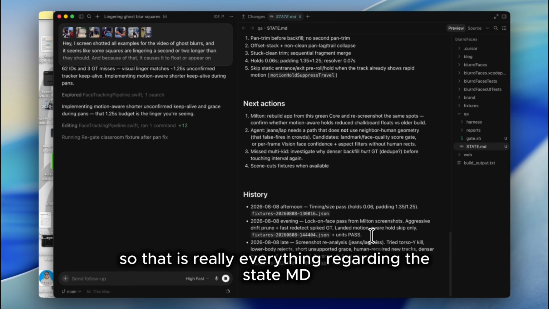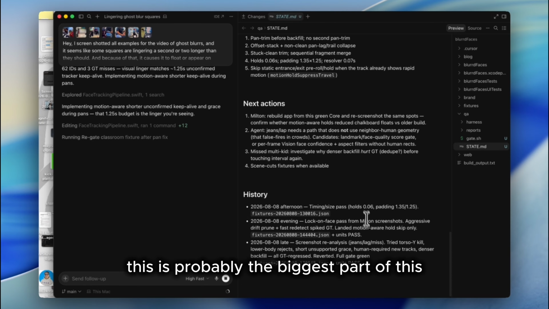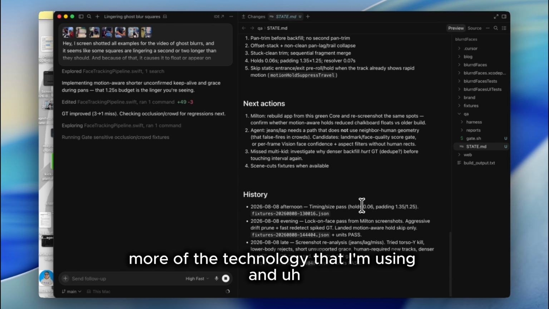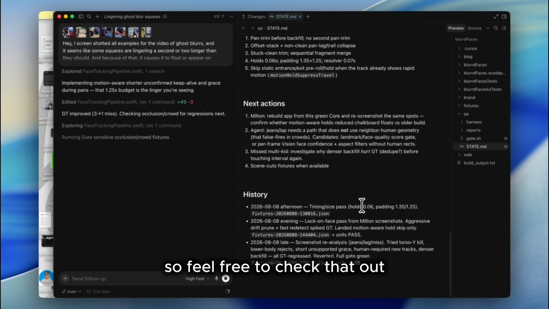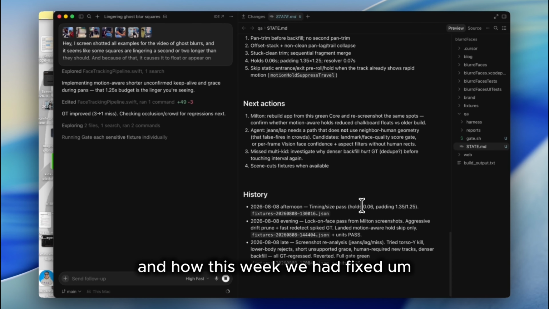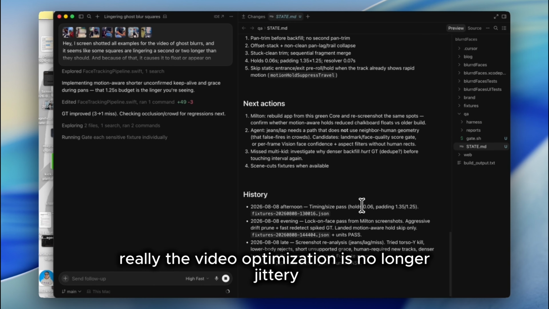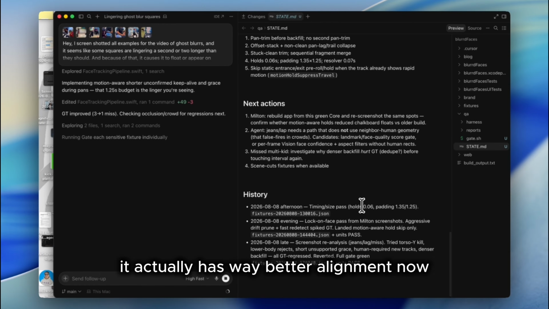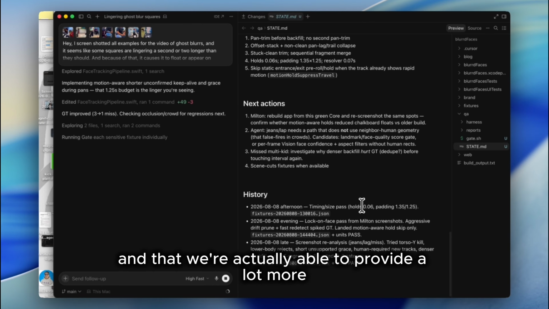So that is really everything regarding the STATE.md. This is probably the biggest part of this. I can deep dive more into the technology that I'm using and everything like that in my blog, so feel free to check that out and see a more in-depth breakdown of everything. But I just wanted to show you how I use my gate and how this week we had fixes. Really, the video optimization is no longer jittery, it's no longer laggy. It actually has way better alignment now,